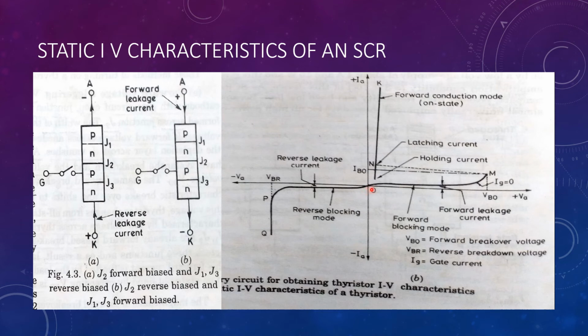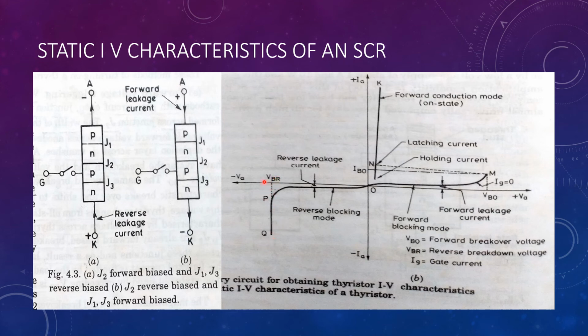If you observe the static IV characteristics, you will see that as you increase the voltage, the SCR will block the voltage and the current is very small. This indicates that the SCR acts like an open switch. When the voltage is increased beyond a certain voltage called the reverse breakdown voltage, denoted by VBR, the junctions J1 and J3 collapse and the current immediately rises.